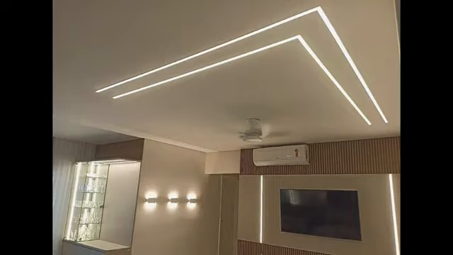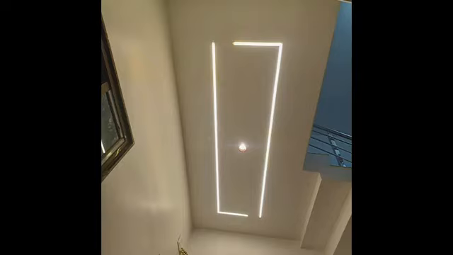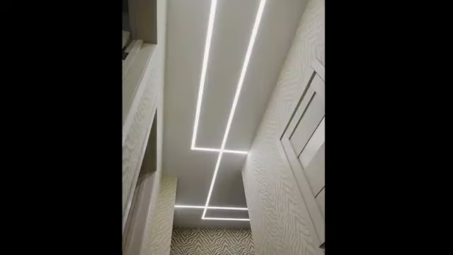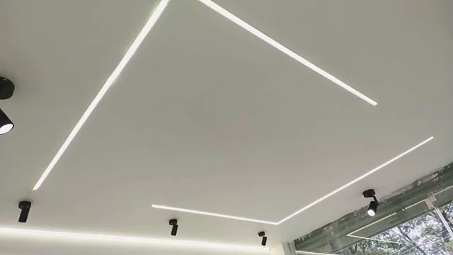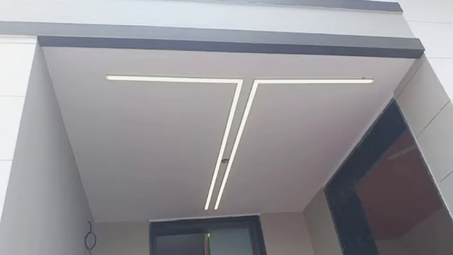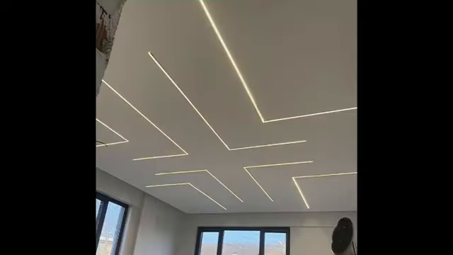The aluminum profiles can be easily cut to the desired length, allowing for customization and flexibility in installation. This feature makes profile lights suitable for various applications. LED aluminum profile lights are made from high-quality aluminum, which offers durability and ensures efficient heat dissipation. The profile acts as a heat sink, ensuring the longevity of the LED.